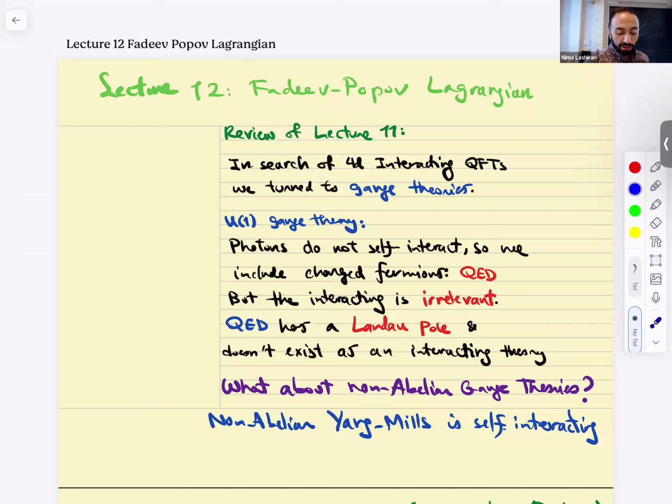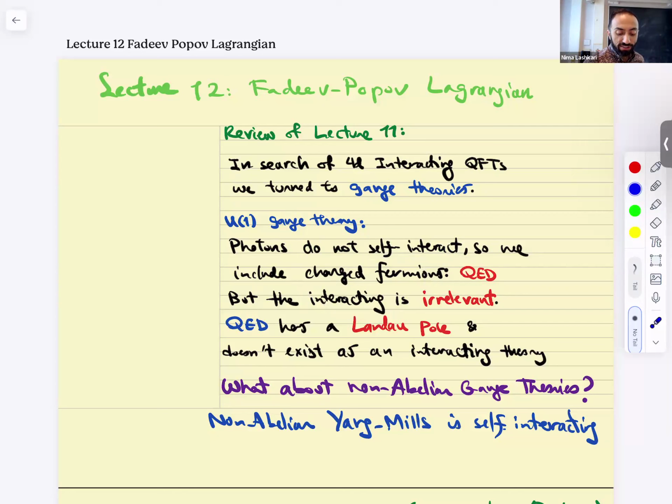So we know that U(1) gauge theory is not going to help us. The reason is that photons do not self-interact, right? Abelian gauge theory is free. Pure abelian gauge theory is a free theory. So if there is any hope of an interacting theory, it should come from coupling to matter, to fermions, right? Charged matter. The simplest model of that type is QED, when you couple them to fermions.